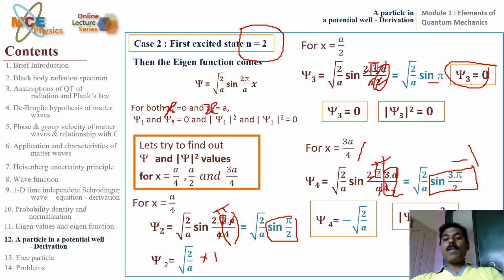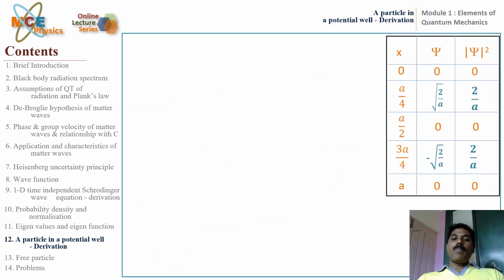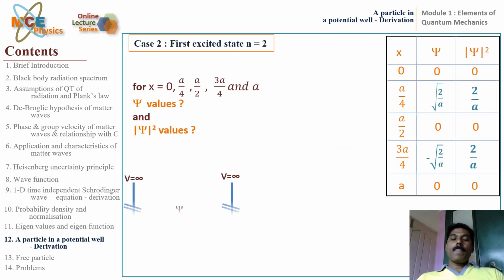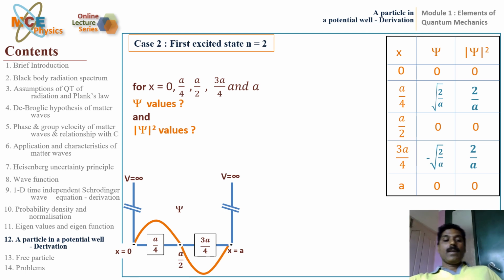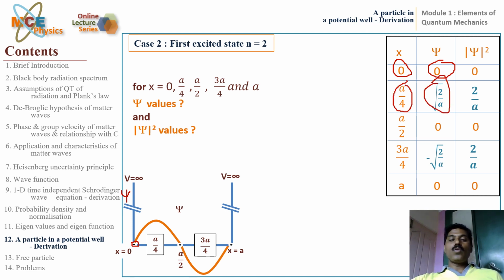Right? If we plot all these values, what do we get? Let us observe. If we plot the values, we will get like this. The wave function is taken along y-axis. You have observed that for x equal to 0, psi was 0. Therefore, I have taken the point here. And for x equal to a by 4, psi is maximum, that is root 2 by a, that is assumed to be here. And for x equal to a by 2, that is at the midpoint, the value of psi again becomes 0. Therefore, point is taken here.